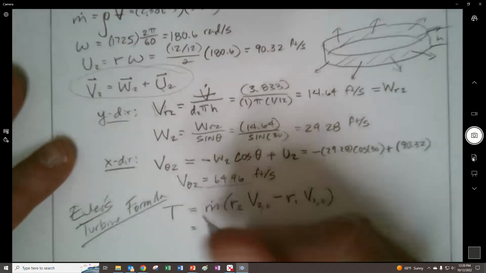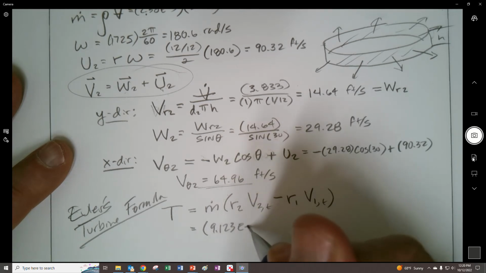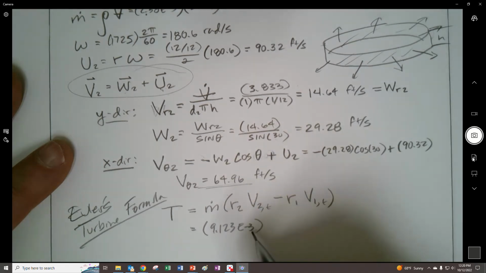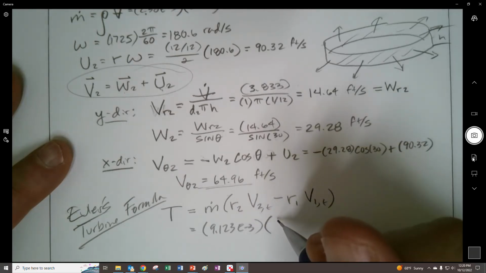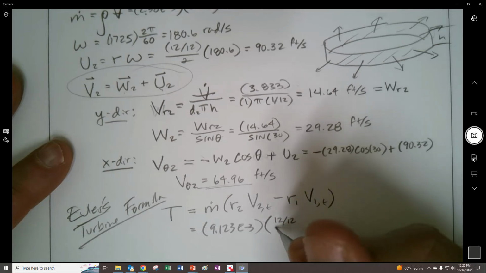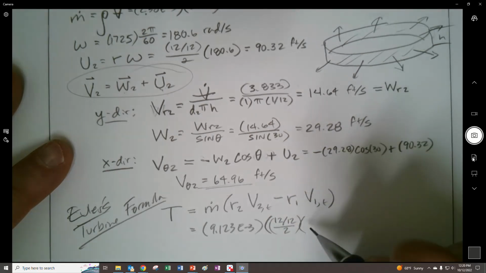So let's take the mass flow, which we found out is 9.123 E minus 3 slugs per second. And the radius is going to be 12 over 12 divided by 2. And the V we just found of